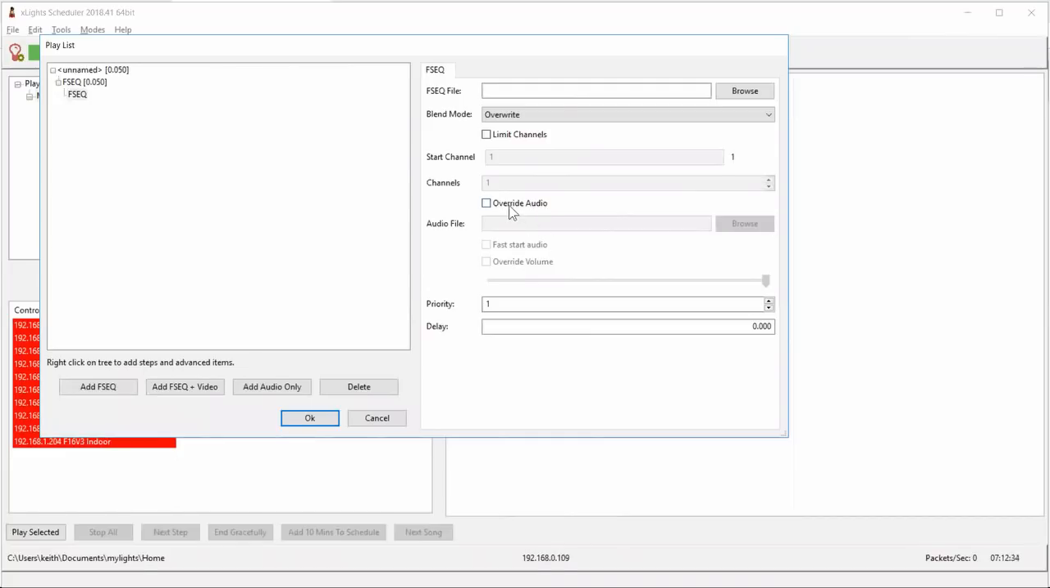Override audio is all very straightforward. It basically allows you to change whatever the default audio was associated with the FSCQ file. Fast start audio, what that does is, at the expense of some time when the playlist first starts, it will actually go through and pre-process all the audio files and get them ready for playing. That can consume a significant amount of memory, and it adds a significant pause at the beginning of the sequence,